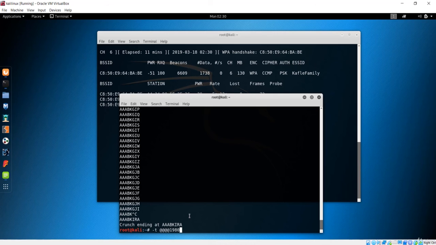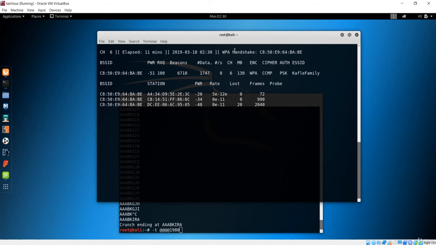And the next one is output, and output is basically to show where this file should be saved. So this will be wrapped up in this lecture. We'll just create this wordlist and work against the WPA handshake to crack the password of this network in the next lecture. See you in the next one.